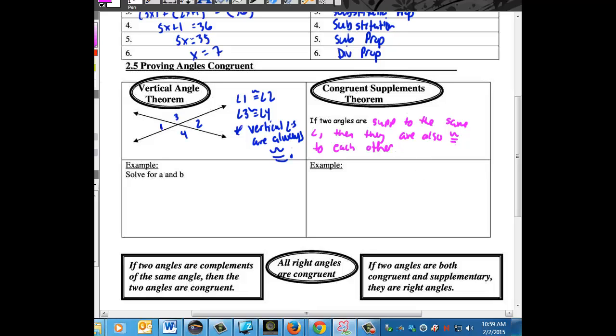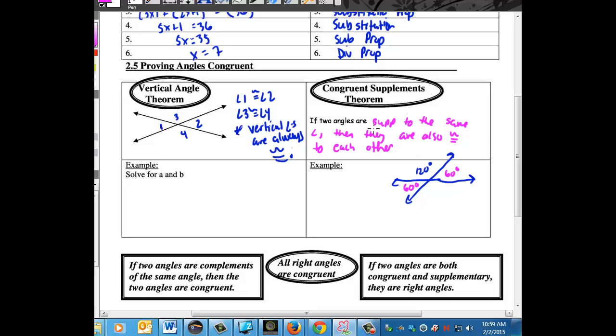So let's draw a quick picture of that. Let's draw our angle. Let's draw our straight line. And then let's draw a second straight line. And let's say that we have a 120 degree angle here. Then that means that this angle over here has to be a 60 degree angle. I mean, this angle over here also has to be 60 degrees